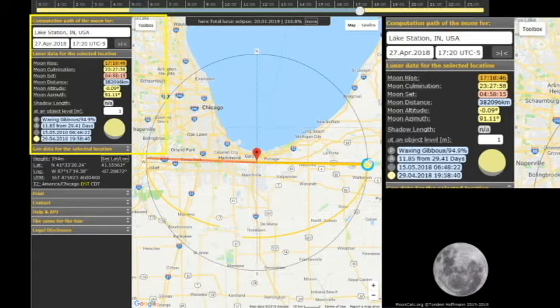All right, so as you've seen in the last video, which I'll link below, I showed you why at moonrise or moonset Tycho crater would be tilted relative to your latitude and complementary angles and all that. Well, here is moonrise for the 27th of April 2018.